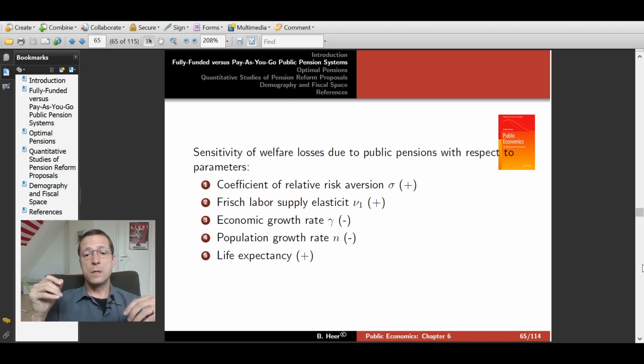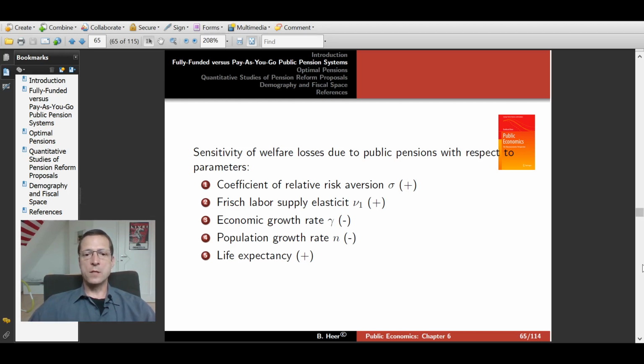And we have looked at the case nu1 equal to 0.3. This is at the lower boundary of values estimated empirically and applied to macroeconomic research in dynamic general equilibrium. So our distortions and our welfare losses should be higher using, let's say, a midpoint or values in the upper range of the empirical estimates.